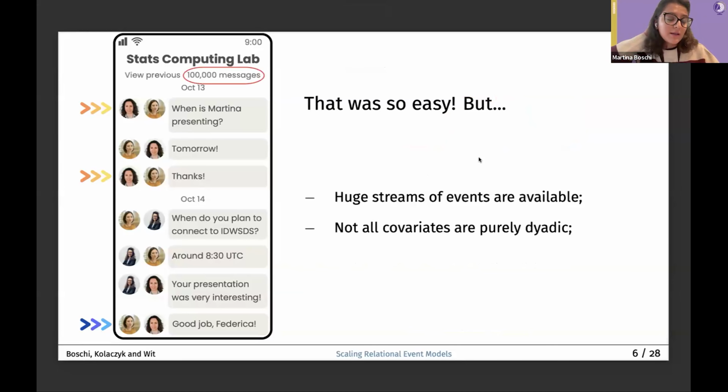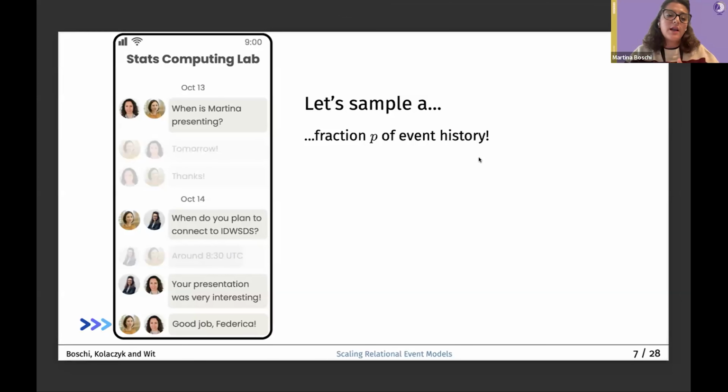This was easy. But in general, we may deal with way larger event sequences and particularly with structures that are not only dyadic as a reciprocity. Indeed, for example, in this system, there is also me. So it would be interesting to understand triadic structures that are guiding this event occurrence. The idea of this project is to not rely on the entire history, but on sampling